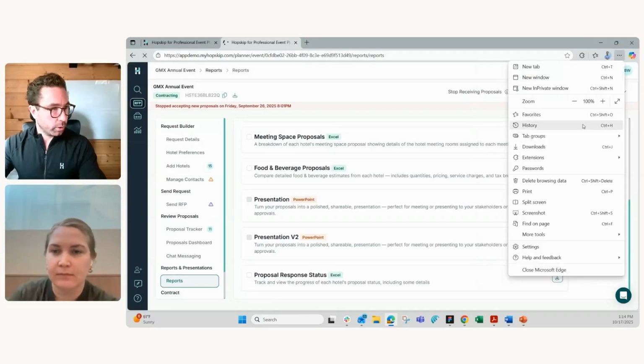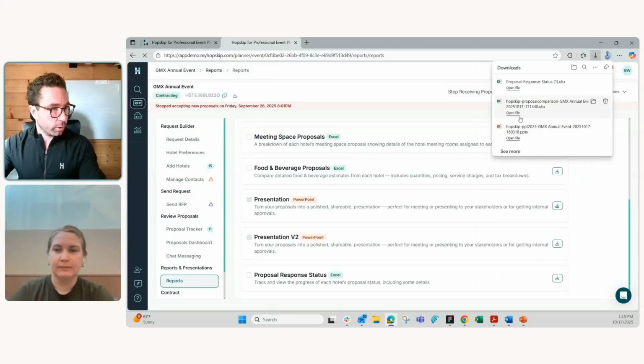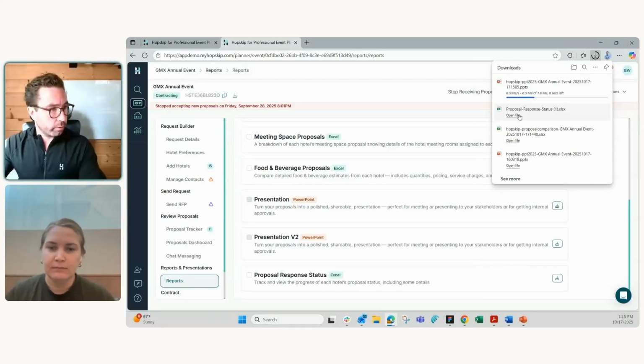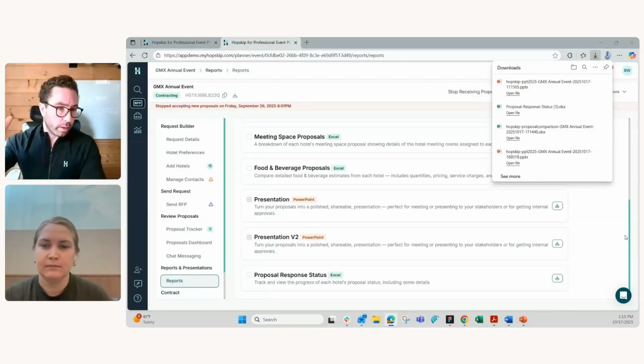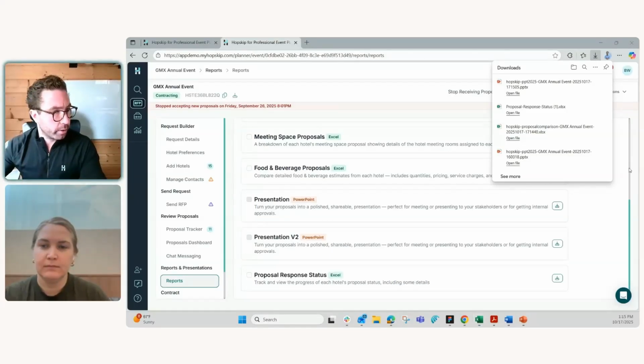Cool. All right. I'm going to just pop open this one quickly because I think everyone's familiar with the proposal comparison report, but just to make sure we're all on the same page, this is a report that seems to be a fan favorite of Hopskip planners. It's essentially a side-by-side comparison